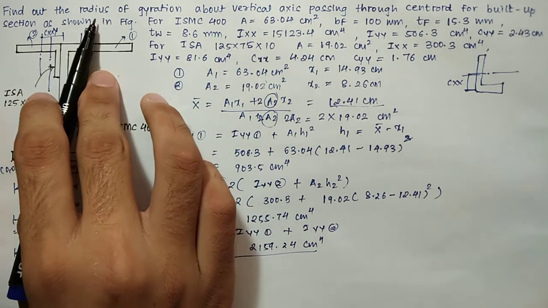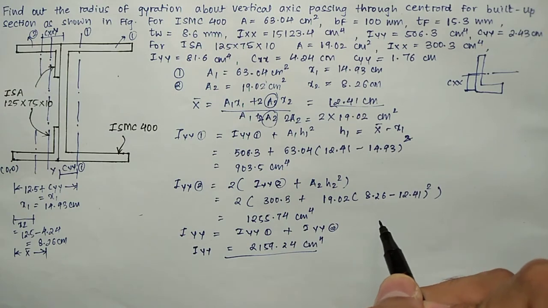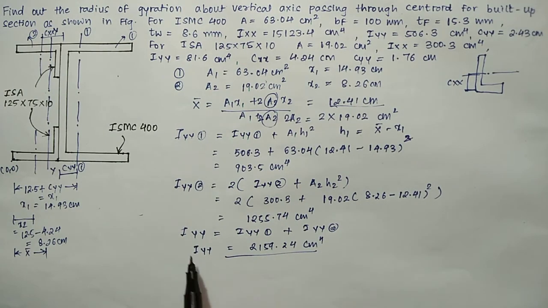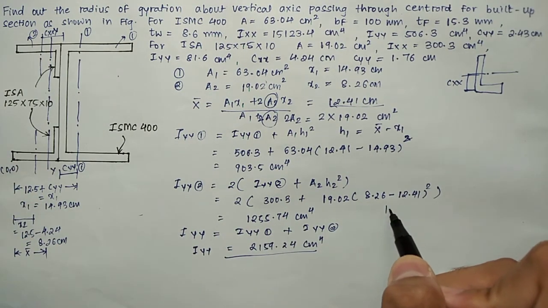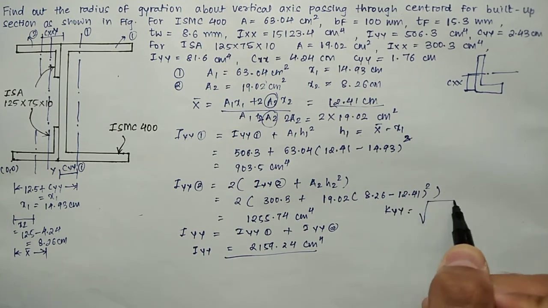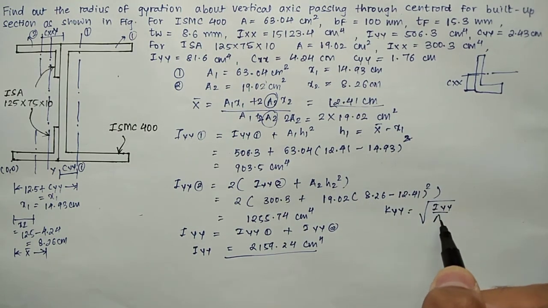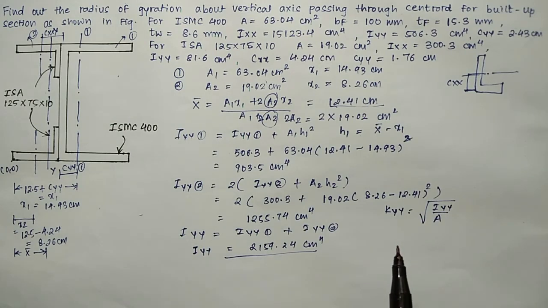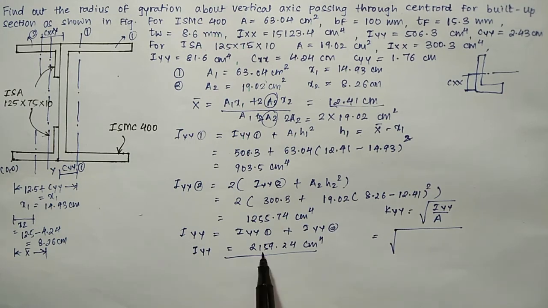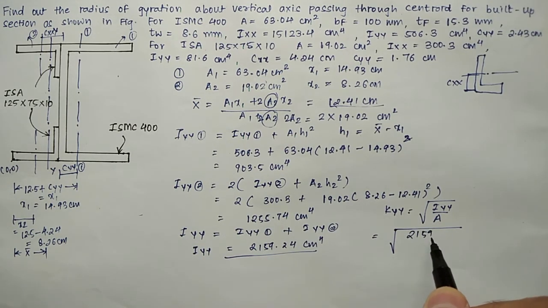Now we need to determine the radius of gyration. So we know the relation between the moment of inertia and the radius of gyration as kyy, that is nothing but under root of Iyy divided by total area. So now the value of kyy can be determined as under root of Iyy divided by total area, and the Iyy value is 2159.24 divided by total area, that is